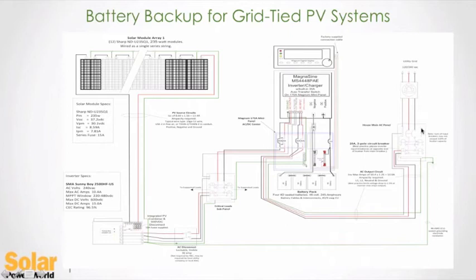With this backup system, what we've done is insert our backup system here in between. Now the output from the Sunny Boy, instead of going directly to the household main panel, is going to a critical loads subpanel here and landing on it. The subpanel gets its power by way of the Magnum or Sunny Island here, which is inserted in between the main panel and the loads. If utility fails now,